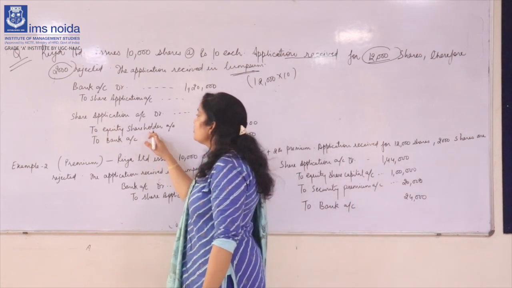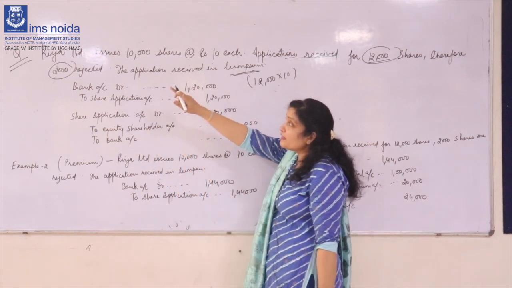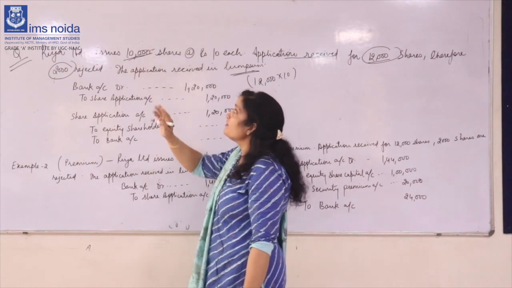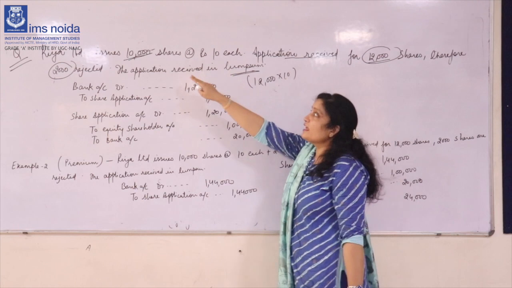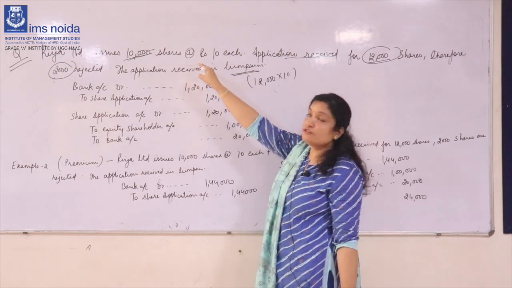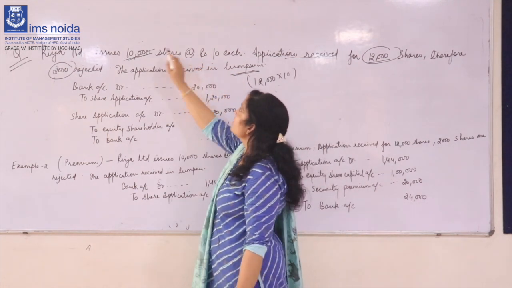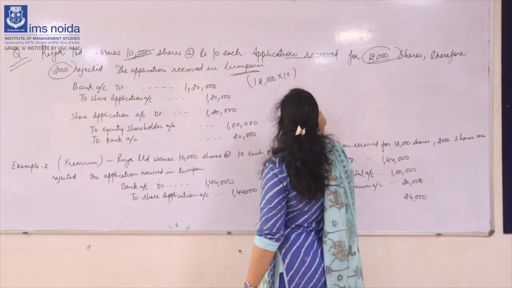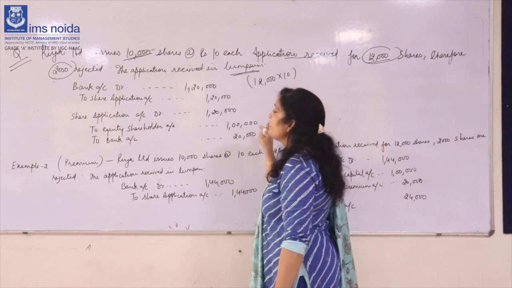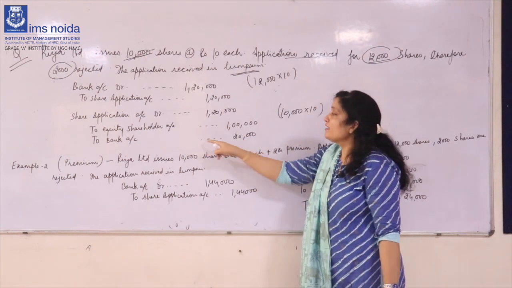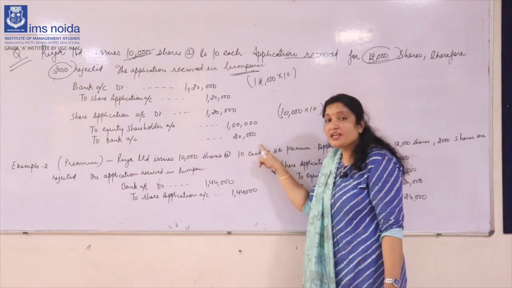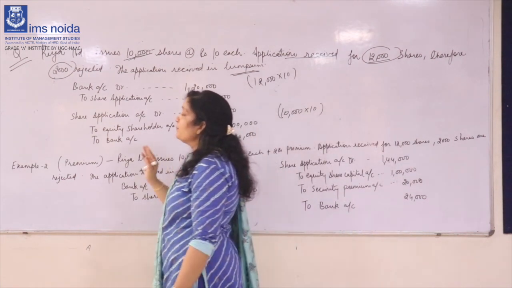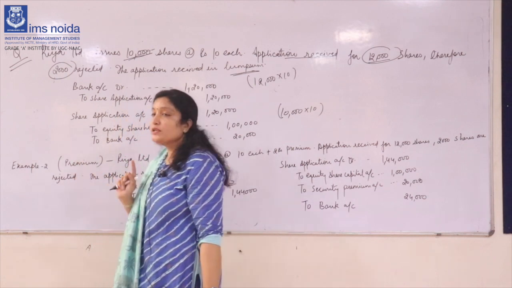Now to equity share capital account. So RIA Limited only issues 10,000 shares, so he will allot only 10,000 shares to the shareholders, which is 10,000 multiplied by 10, we will get 1 lakh, and bank account 20,000, which we have to return to the shareholders. Now this question was simple. Now we come to the premium part.